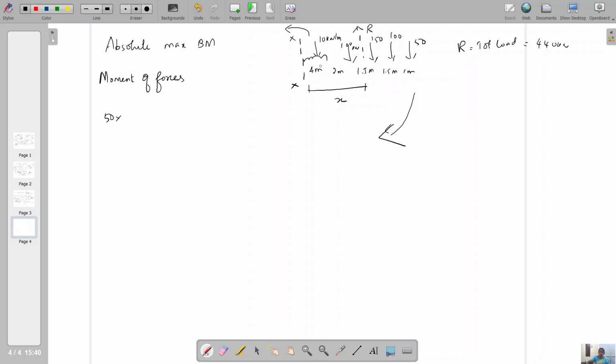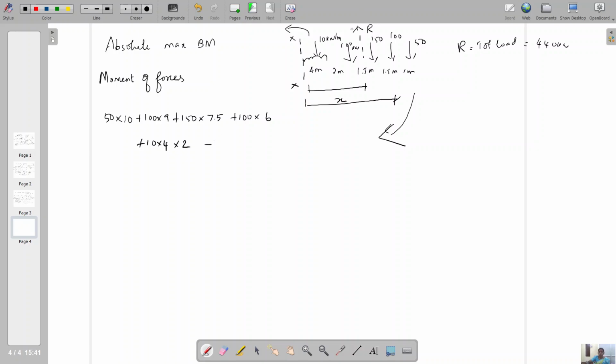The distance is overall distance, that is 4 plus 2, 6, 3, 9 and 1, 10. So 50 into 10 plus 100 into 9, because this distance is 9 meter, plus 150 into 7.5, 7.5 plus 1.5 equal to 9. Okay. Plus 100 into 6. Plus 10 into 4 into 2